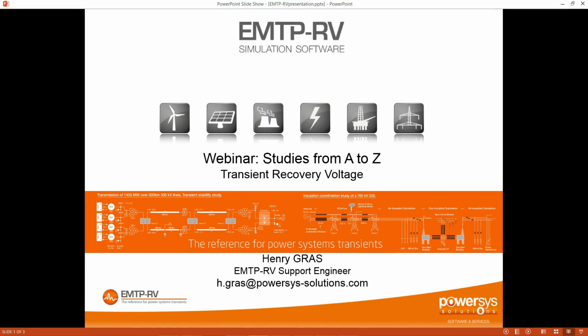Just a quick reminder, the recovery voltage is the voltage at the terminal of a breaker after an interruption of the current. We here focus on the transient, which means frequencies higher than the power frequency. When the current is interrupted, another voltage can occur across the breaker, which can challenge its interruption capability. The latter, once open, has to be able to withstand the maximum voltage at its terminal, but not only. Since the breaker does not open instantaneously, while it is opening, it has to be able to withstand the fast-growing